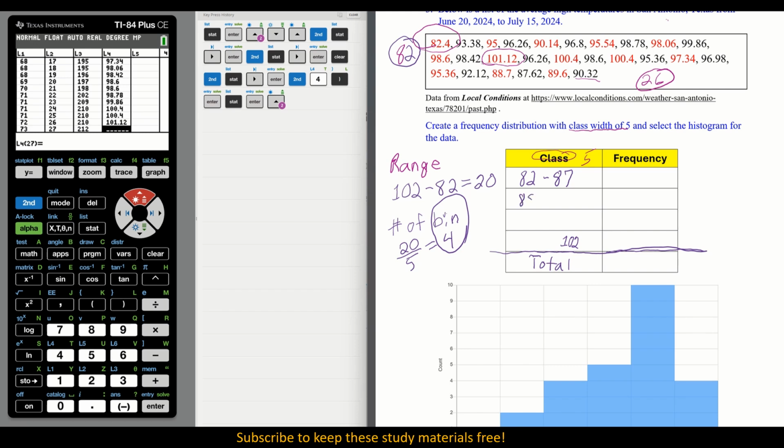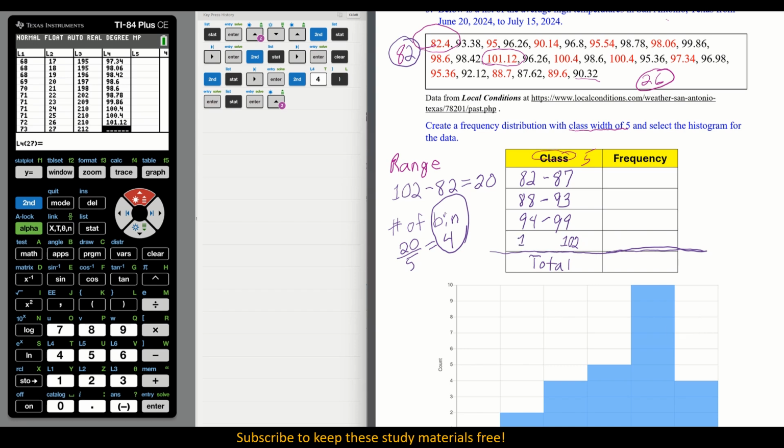Okay, so we have 88 now. Now we need to count 6 numbers: 88, 89, 90, 91, 92, 93. Then you go to 93. And then we're going to go to 94. And from 94, you need to go to 99. See how it's 94, 95, 96, 97, 98, 99. Well, that's 5 numbers. Okay? It's really a better way to think of it, but it's not how it was explained to me. So if you say 82, you're going to go 83, 84, 85, 86, 87. Well, that's 5 numbers. Okay? All right. So then we have